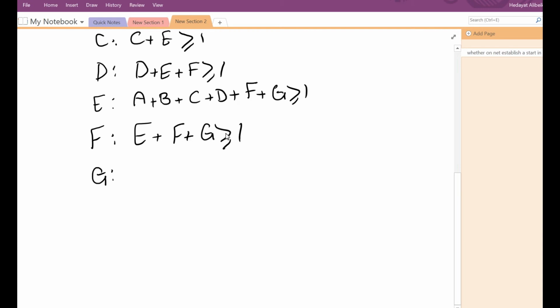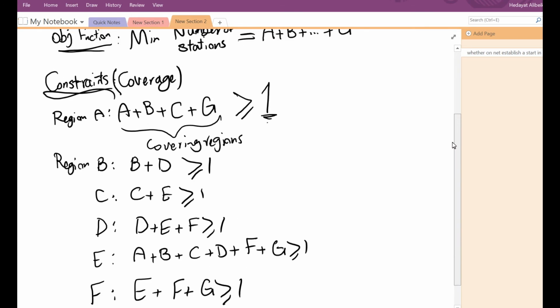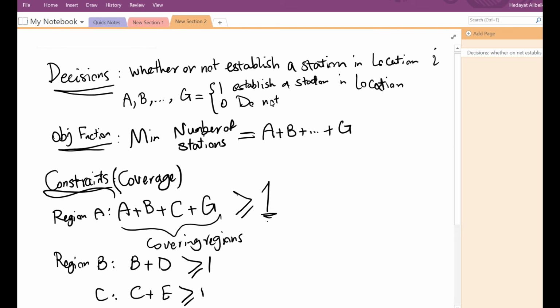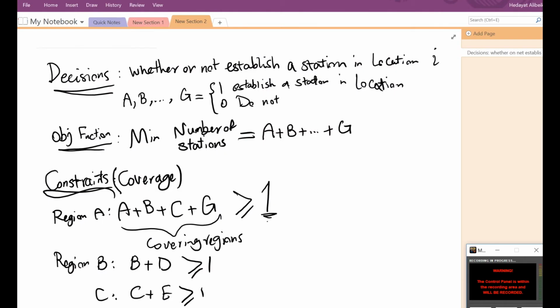For G it is going to be A plus B plus G greater than or equal to 1. So this is the formulation. And then all of them should be, as I already defined, binary decisions, binary constraints. Now if we come to our Excel,